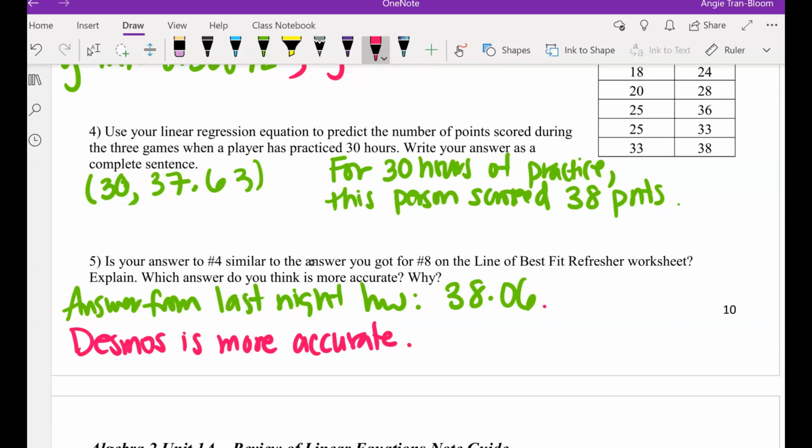Give me a second. Now, tomorrow's quiz. There's an app right now on Desmos. So for tomorrow's quiz, class, you may use Desmos to find your line of best fit. Okay, so just so you are